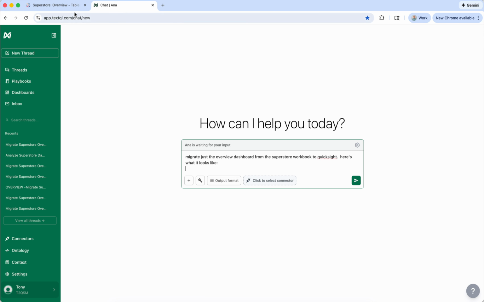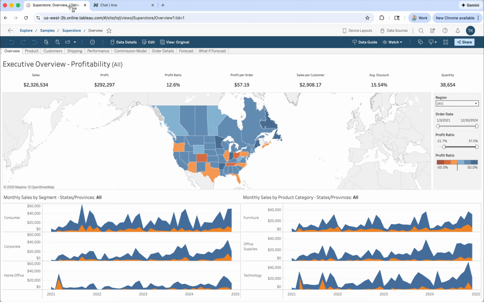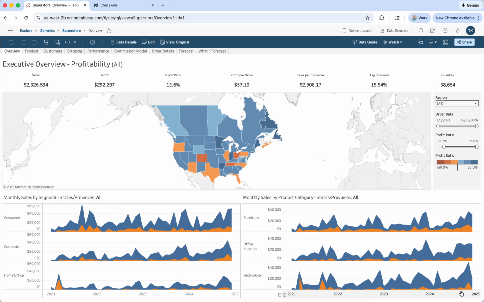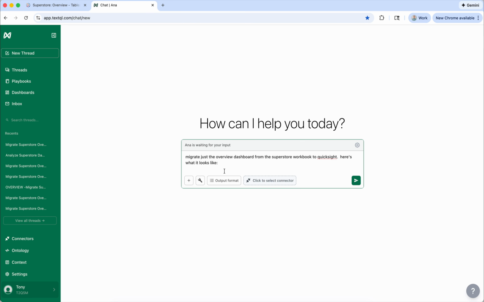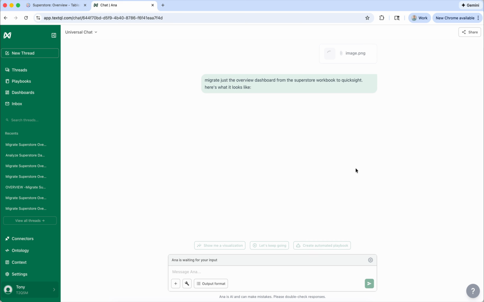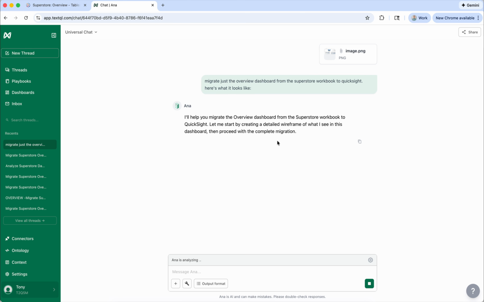So let's give it a screenshot of the dashboard so it knows how things are laid out, how it's presented, and a prompt here. Now behind the scenes, I have a lot of context that tells it kind of how to do this and how to outline the project. So it's going to follow that context, but it's just been incredible to watch it go through the process that